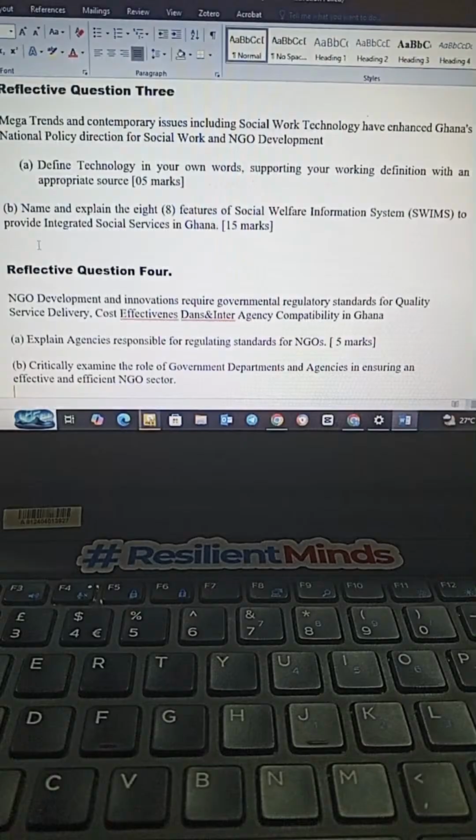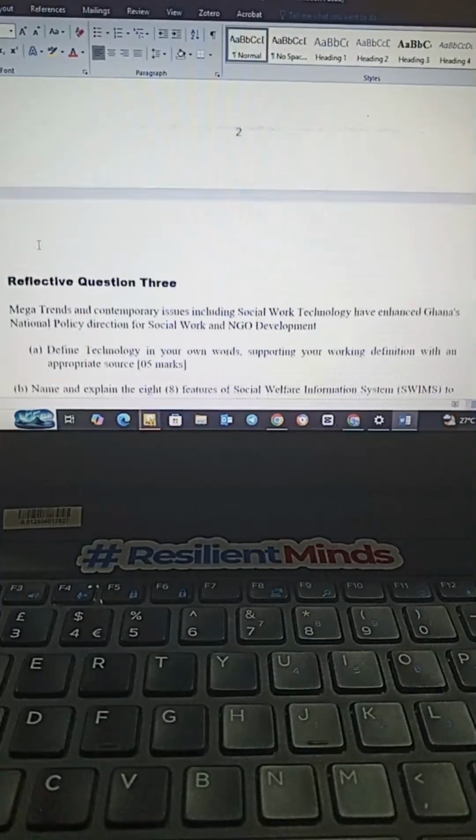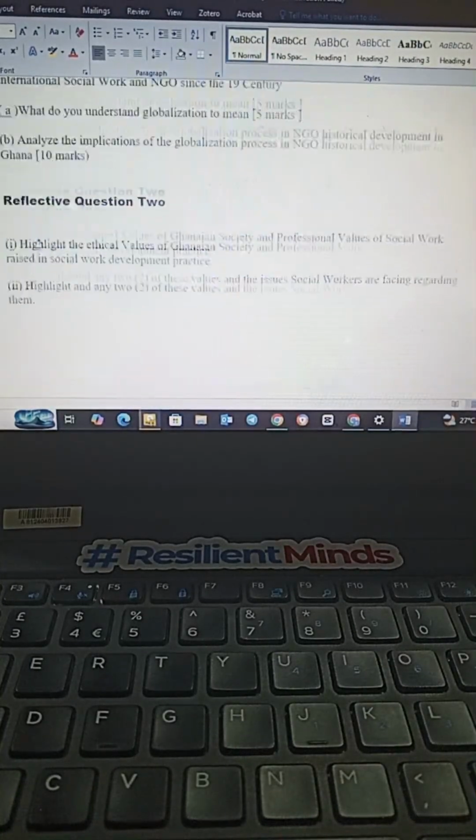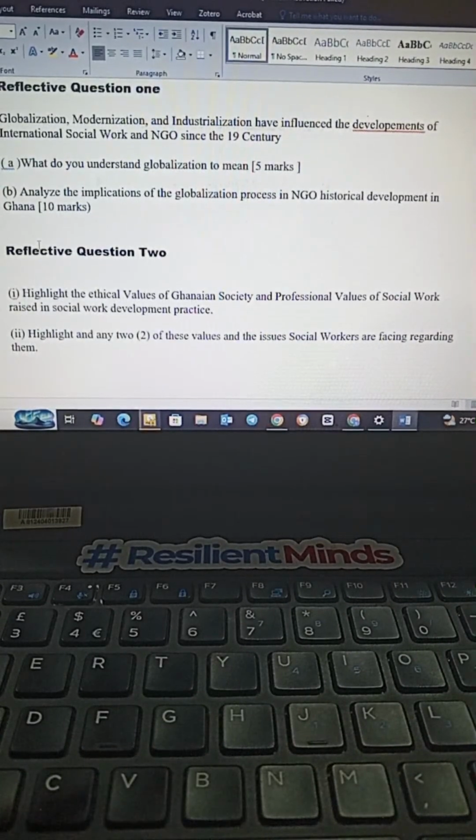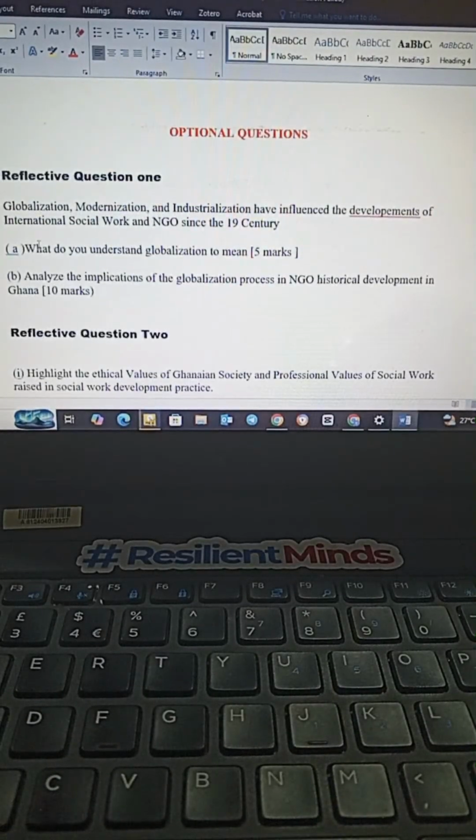Where definitions are needed, make sure you provide the appropriate definitions, and where clarifications are needed, make sure you provide the appropriate clarification. Some questions they will not ask you, but you need to know better. Like questions on theories. When they ask you a question on a theory, they will not ask you to define the theory, but you must define it. So when a question comes on theory, make sure you define what a theory is. That should form part of your introduction. And don't forget, as I told you in the last meeting, always have an intro and a conclusion.